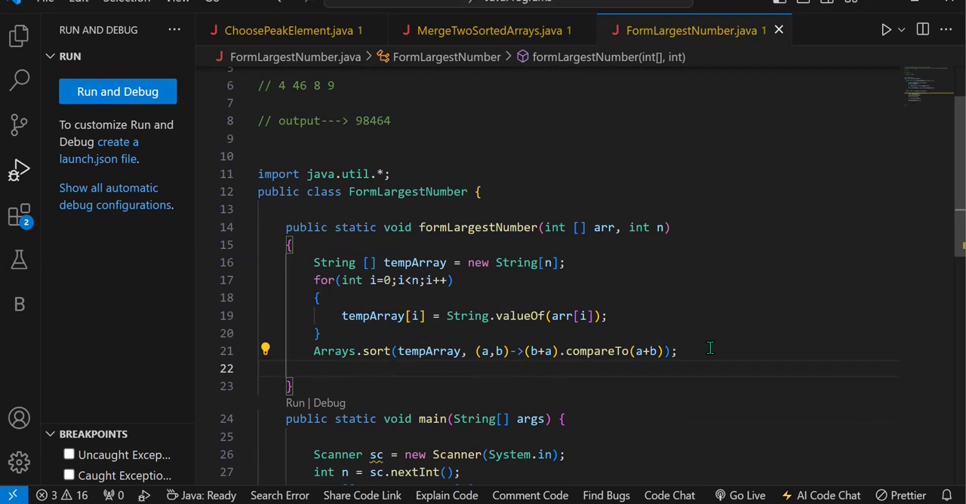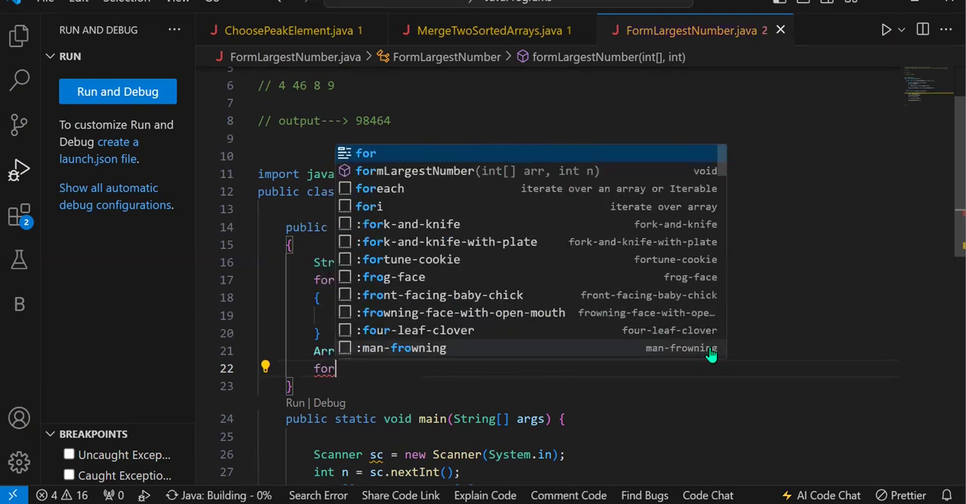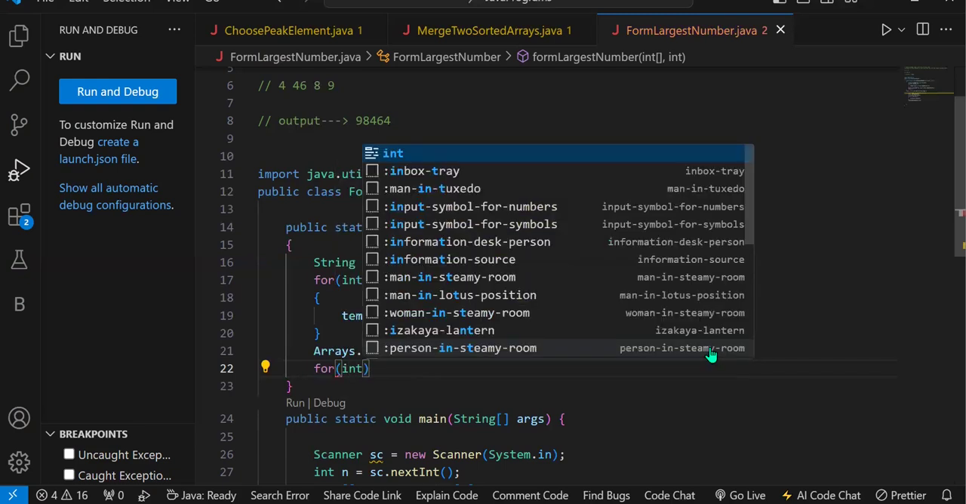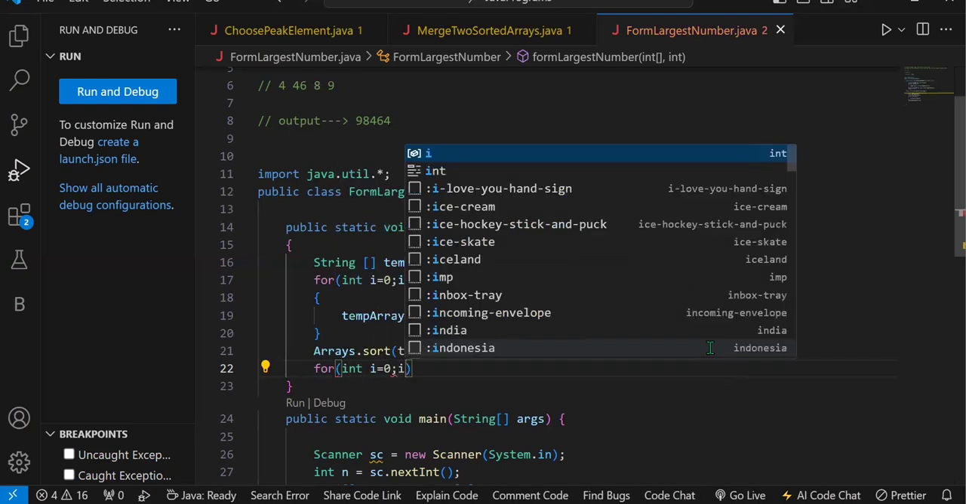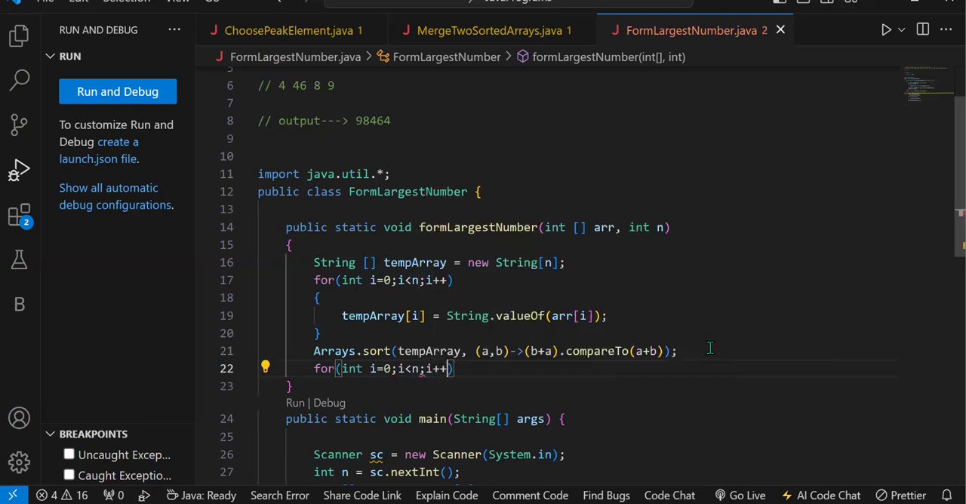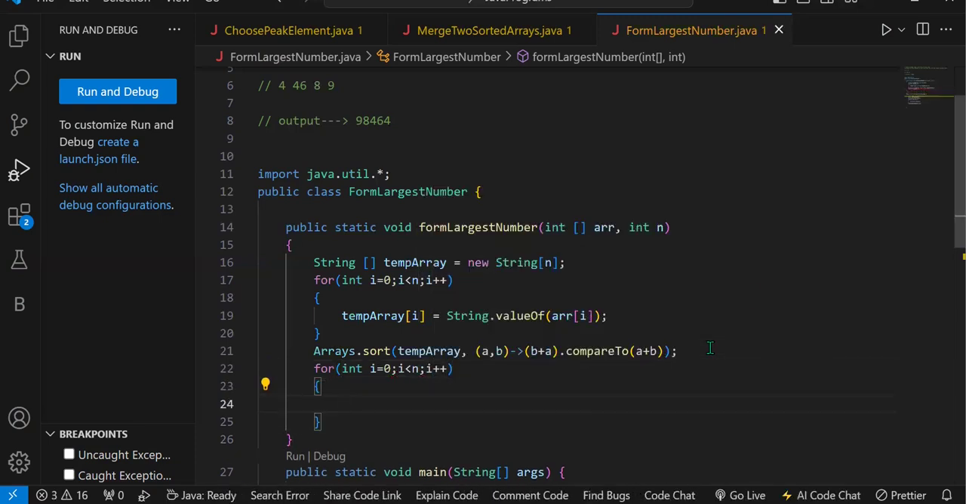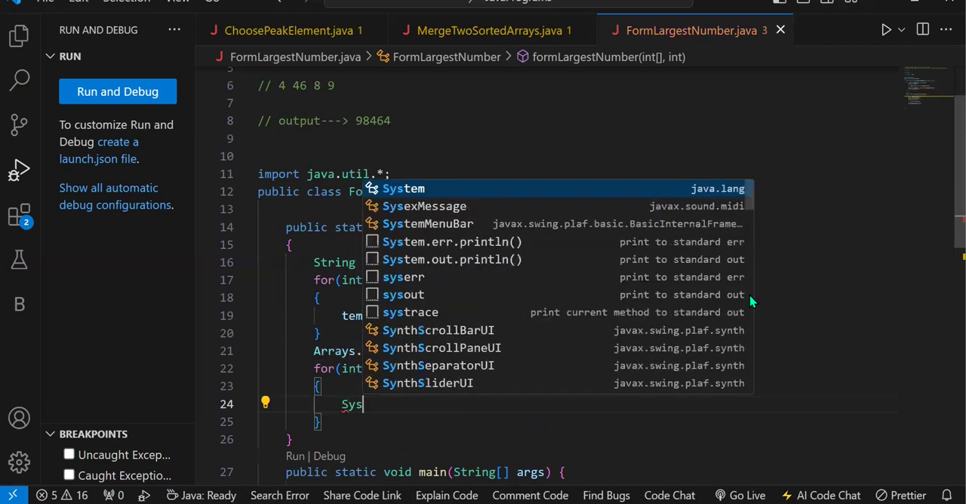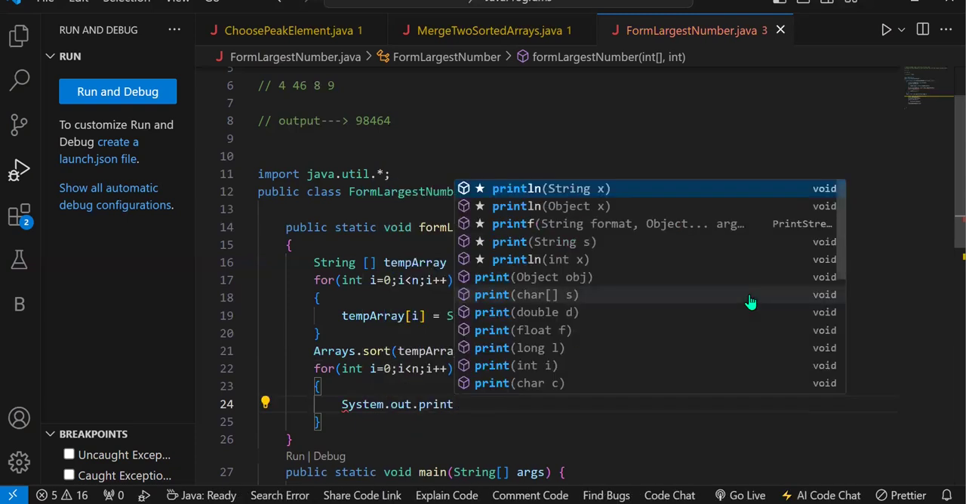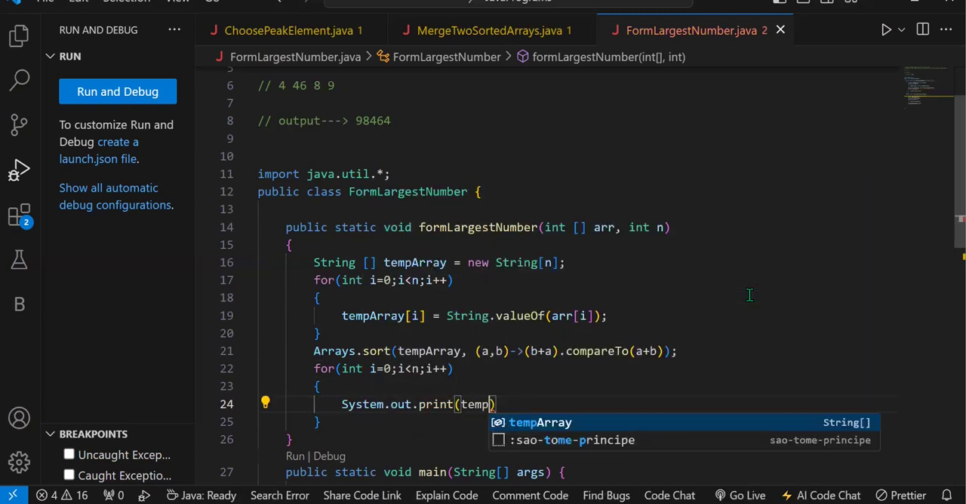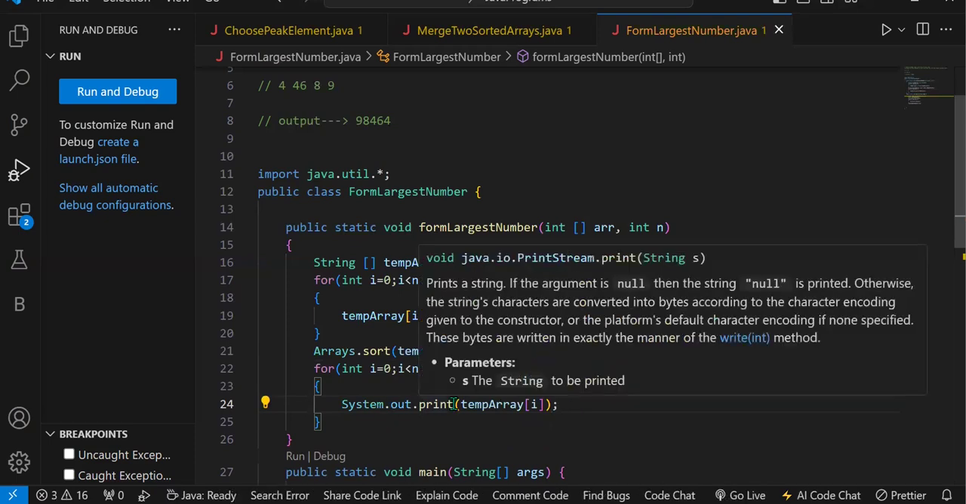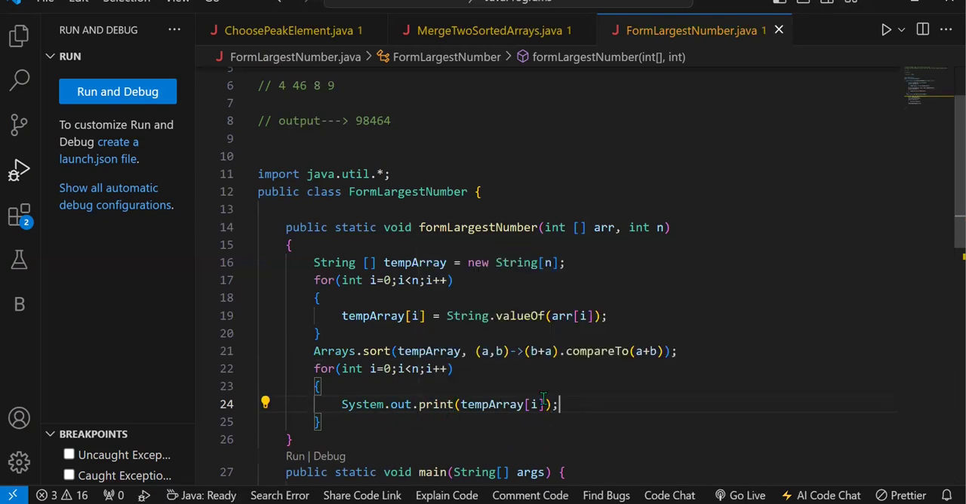Here I will write a for loop which starts from int i is equal to 0, i less than n, and i plus plus, right? I will open the for loop and here I will just print temp array of i. See here, I am just printing on the same line